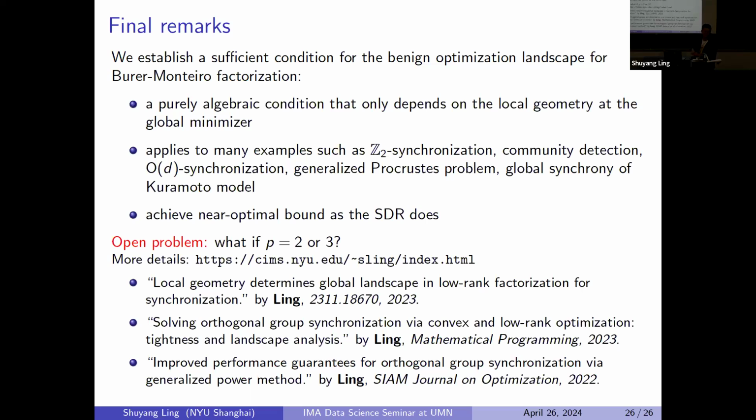It's for the tensor model for Z2 synchronization. If you study the statistical problem, and the things you are talking about are the computational aspects. Yes, there's no statistical and computational gap. Usually for this problem, there's no gap. Yes. So the other question is